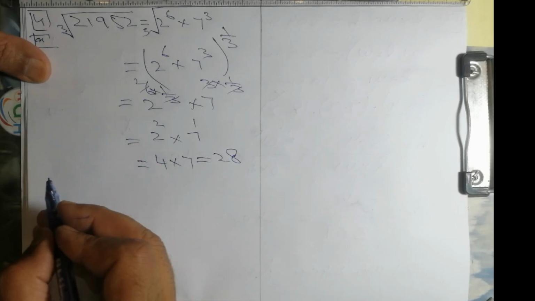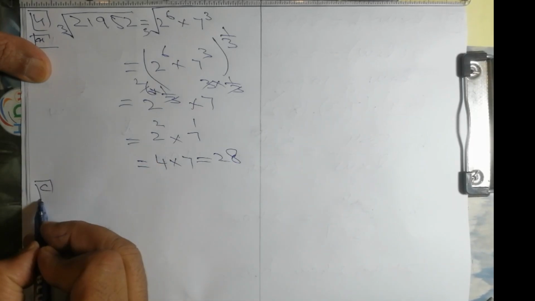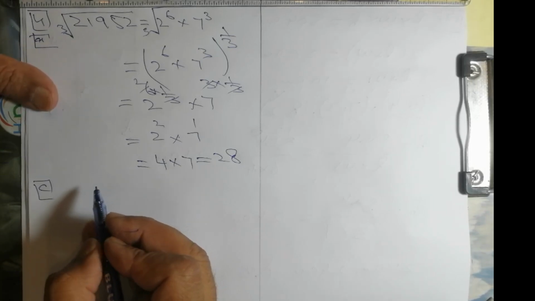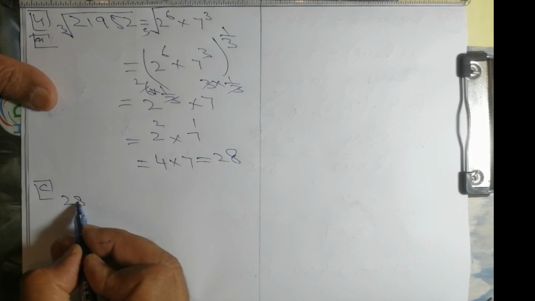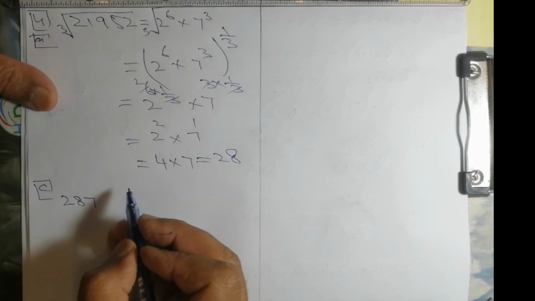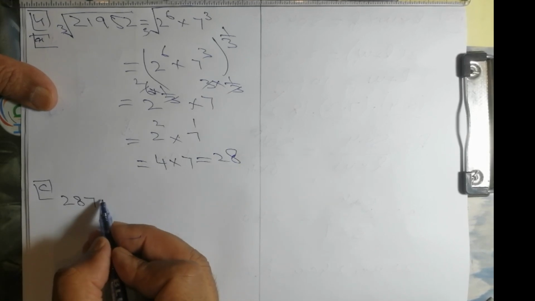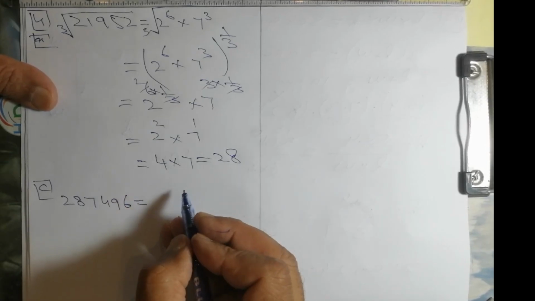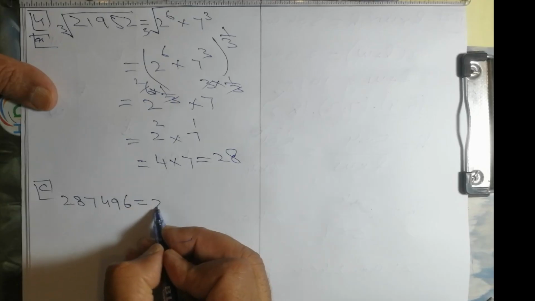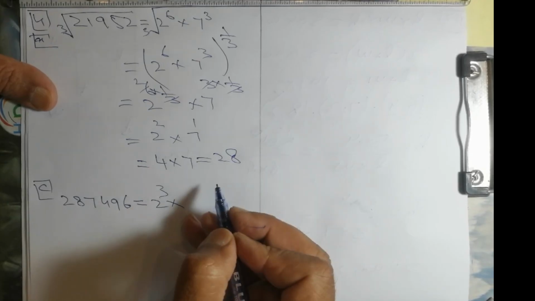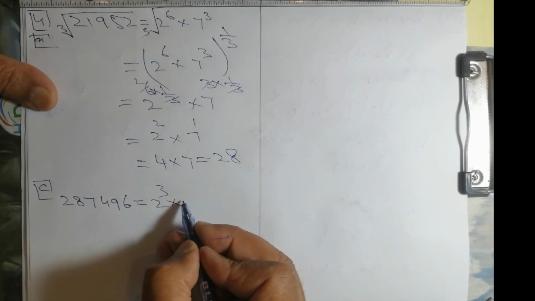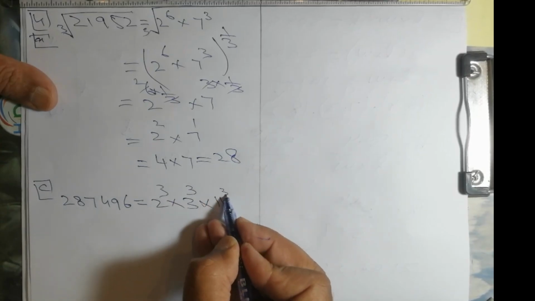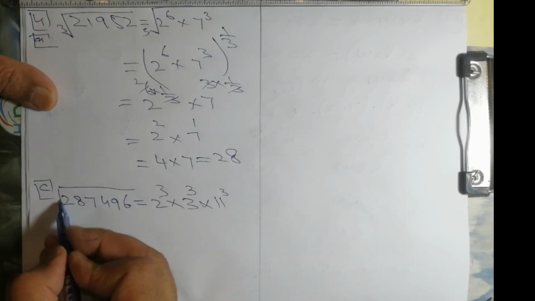Now part C of this question, 287496, that is equal to 2 raised to power 3 multiplied with 3 raised to power 3, 11 raised to power 3. So we need to find the cube root